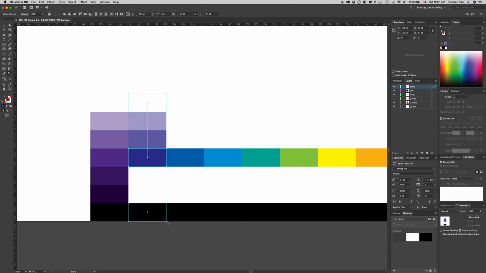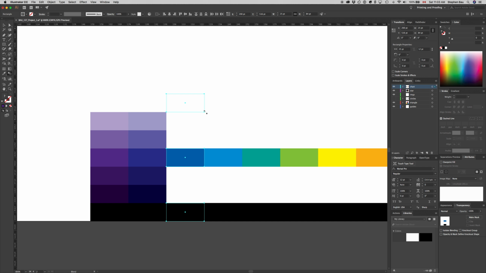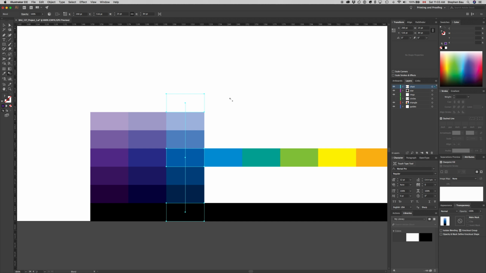Click, Option click on the black box, and then click OK. So that's it. We just keep on doing that all the way along. So click, Option click, OK, click, Option click, OK,